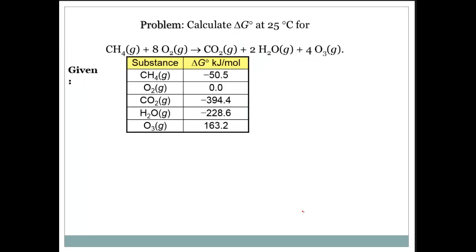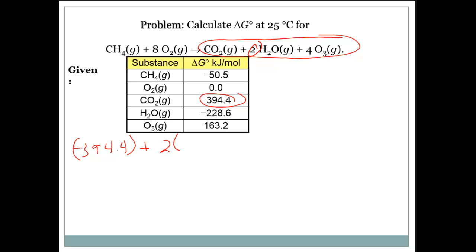Alright, let's try another one. The products minus the reactants. So the right side minus the left side. So CO2 is right here, negative 394.4. I don't have a coefficient. Plus 2 from right here times water, negative 228.6, plus 4 from this coefficient times ozone, 163.2. Add all that up,